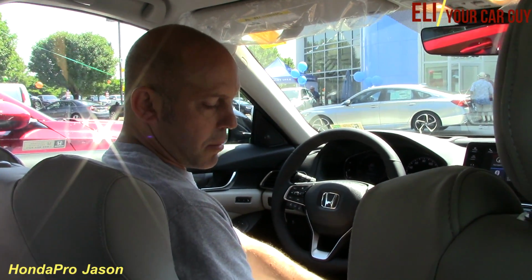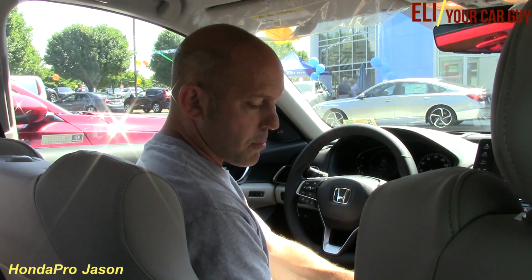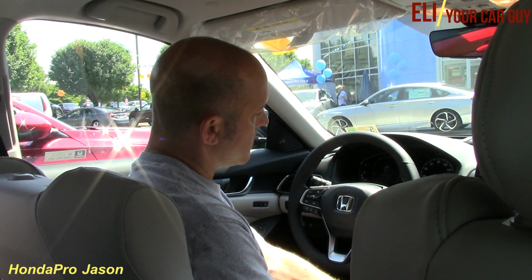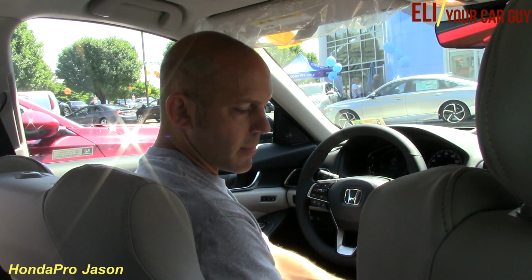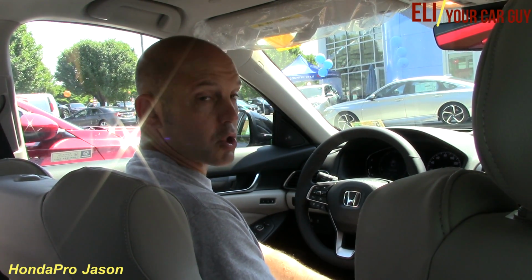The way to shut the automatic function off is the same way you turn it on. 3 steps. Pull back once. Pull back and hold. Wait for it to beep. It takes about 10 seconds. Release your finger, pull back one more time. Now it's off. Now if I shut the car off, it just won't do anything, just like it was from